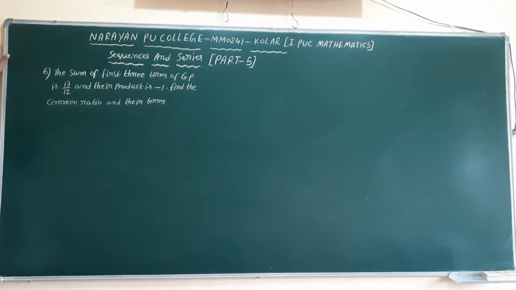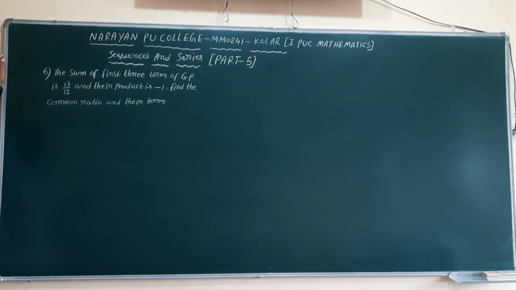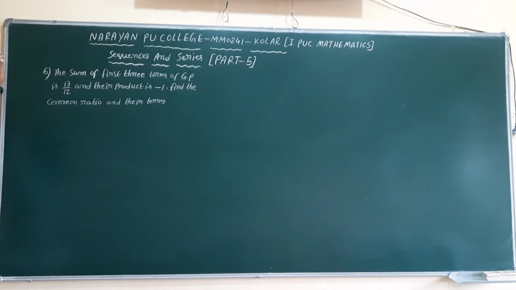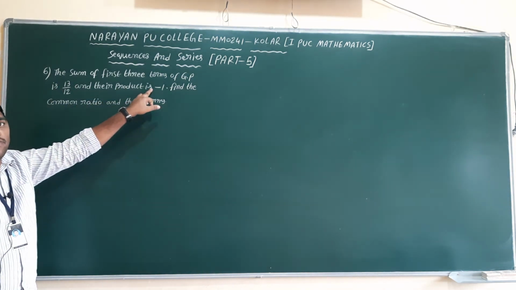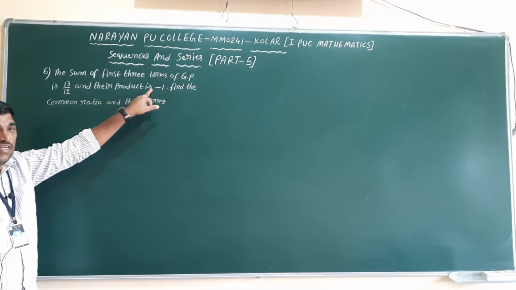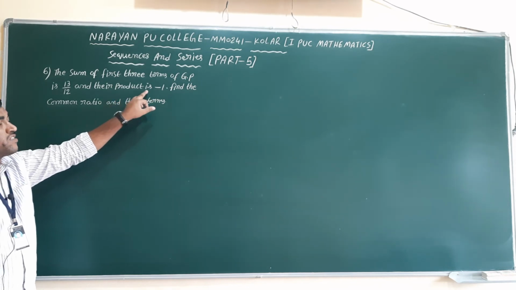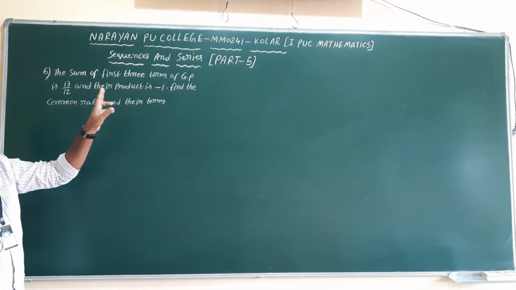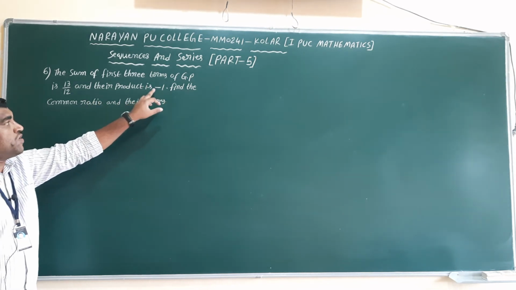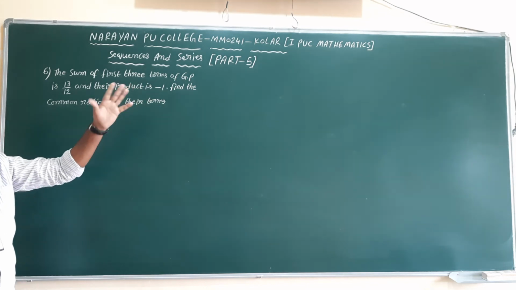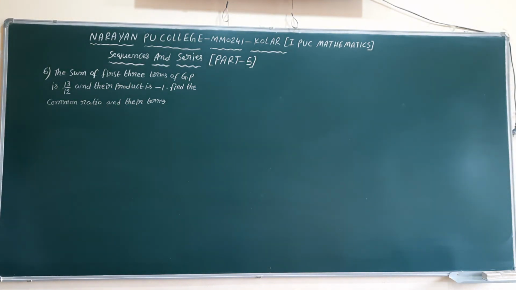So generally we know the first 3 terms in GP are A, AR, AR square. If we take those 3 terms, their product we didn't get -1. Generally if we take A, AR, AR square, that product will get A cube into R cube equal to -1, AR whole cube equal to -1. From that we didn't get any product. Okay, that's what you can remember one thing.